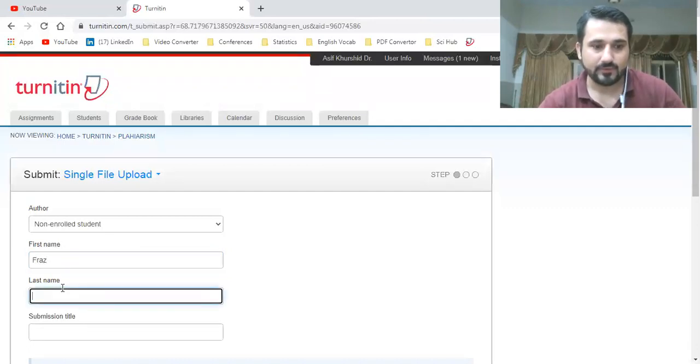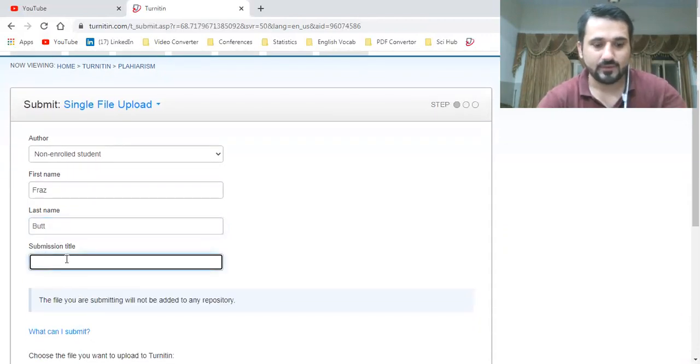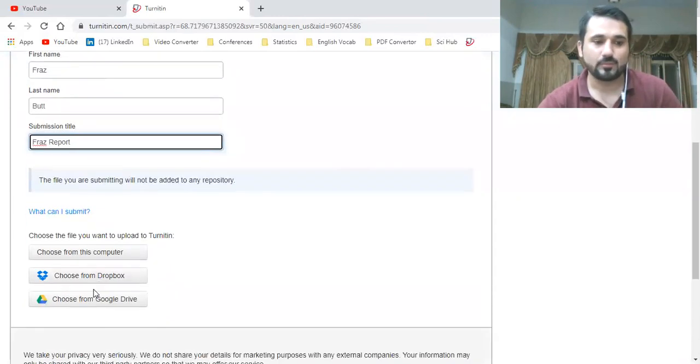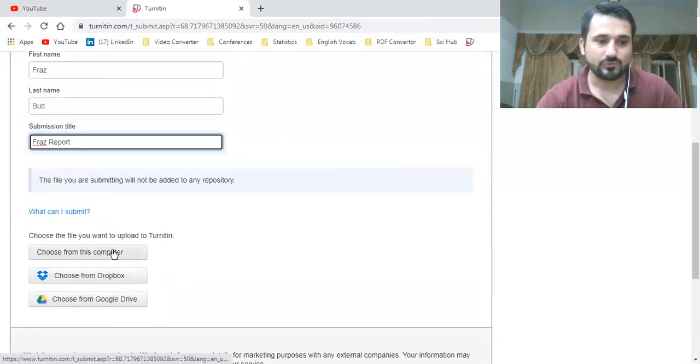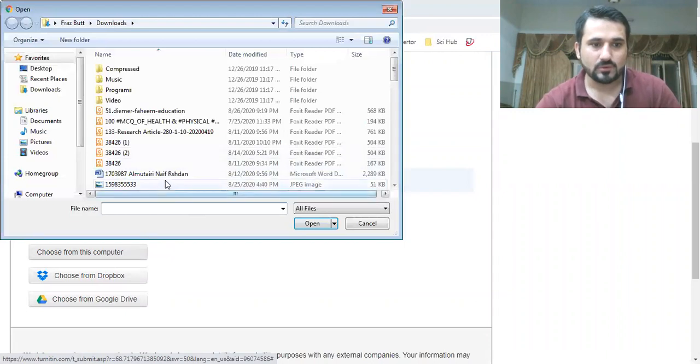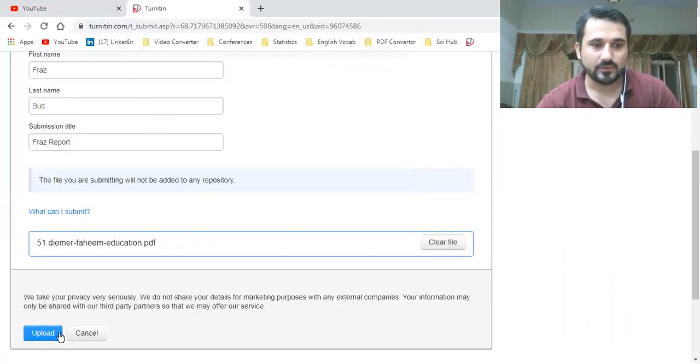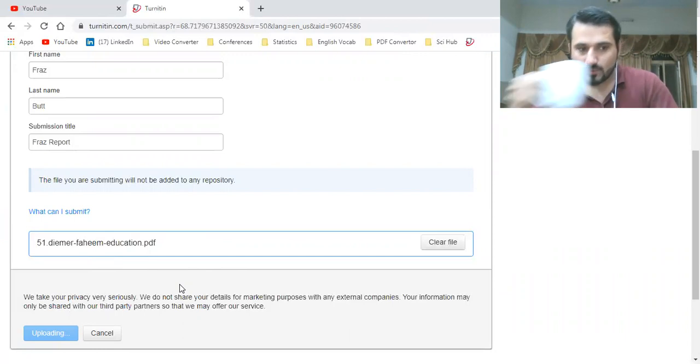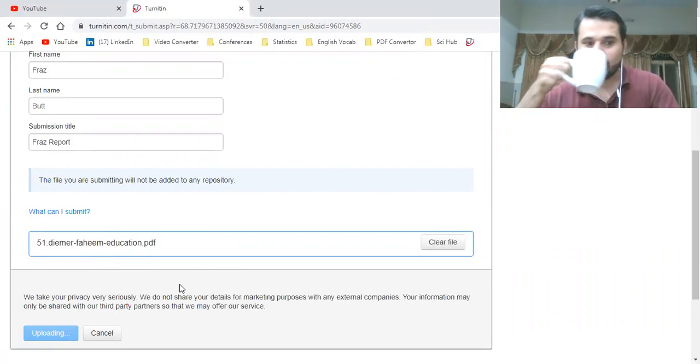Last name I will type But, and submission title Faraz report. Let's suppose, and we will choose from this computer. Let's choose this document. Let's see. It's uploading the file.